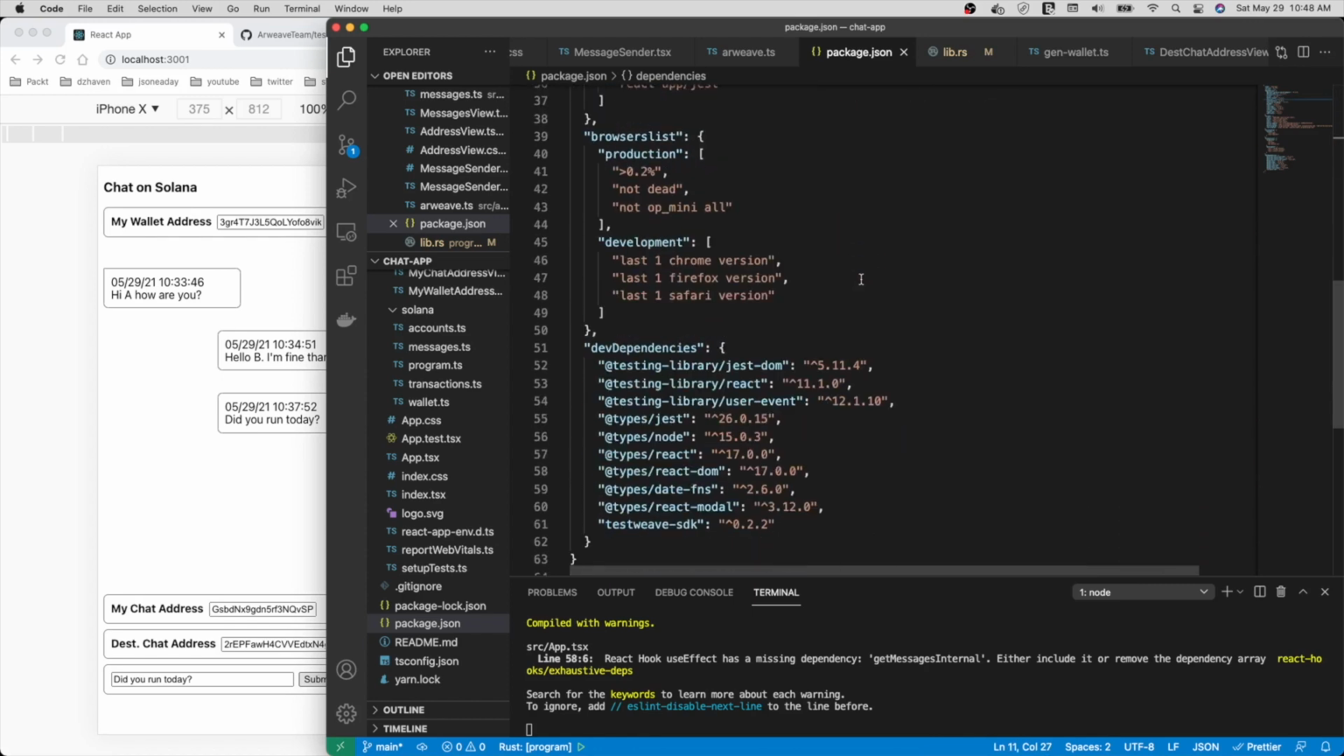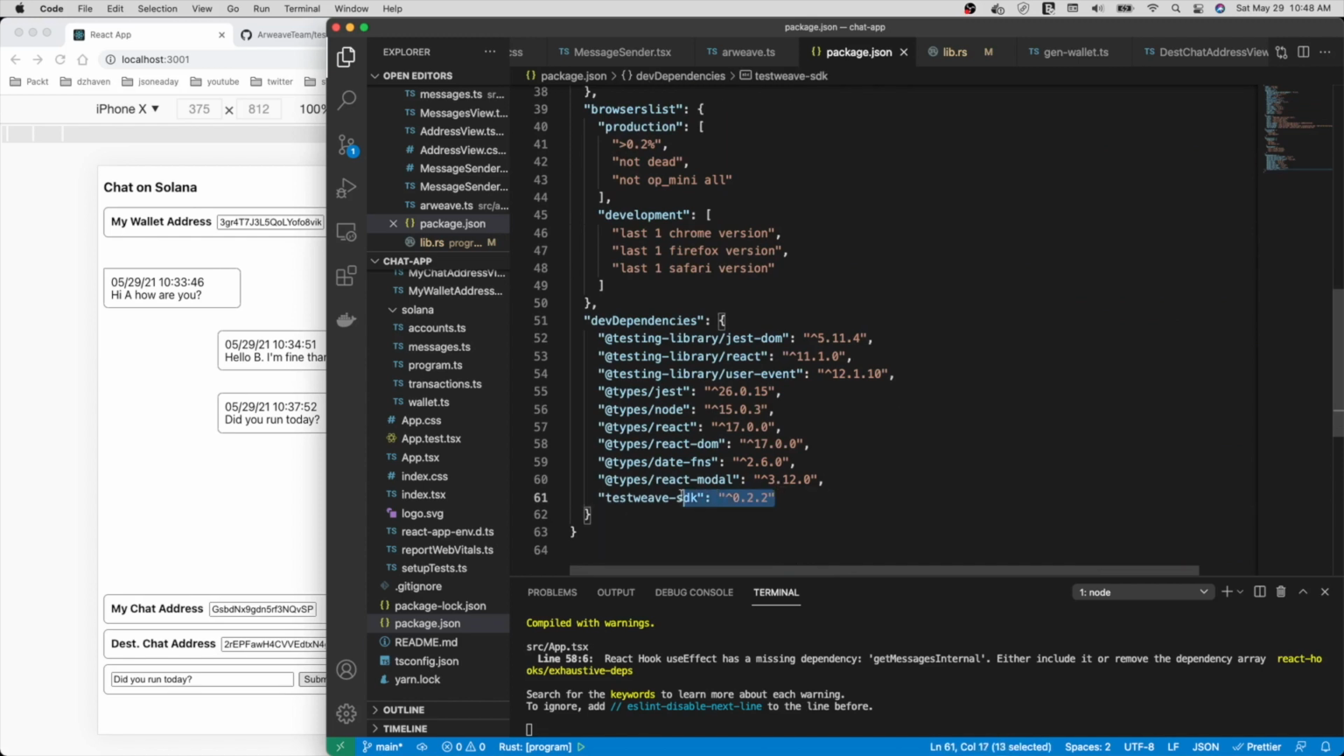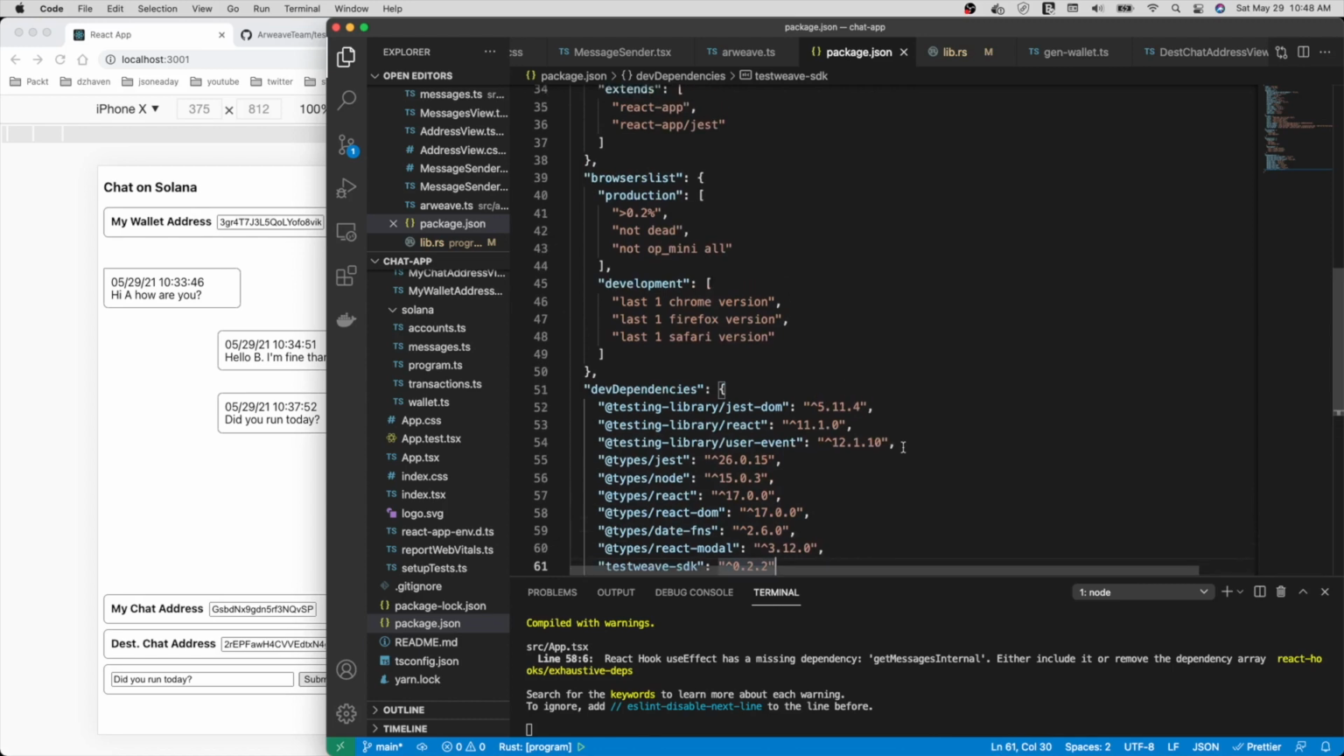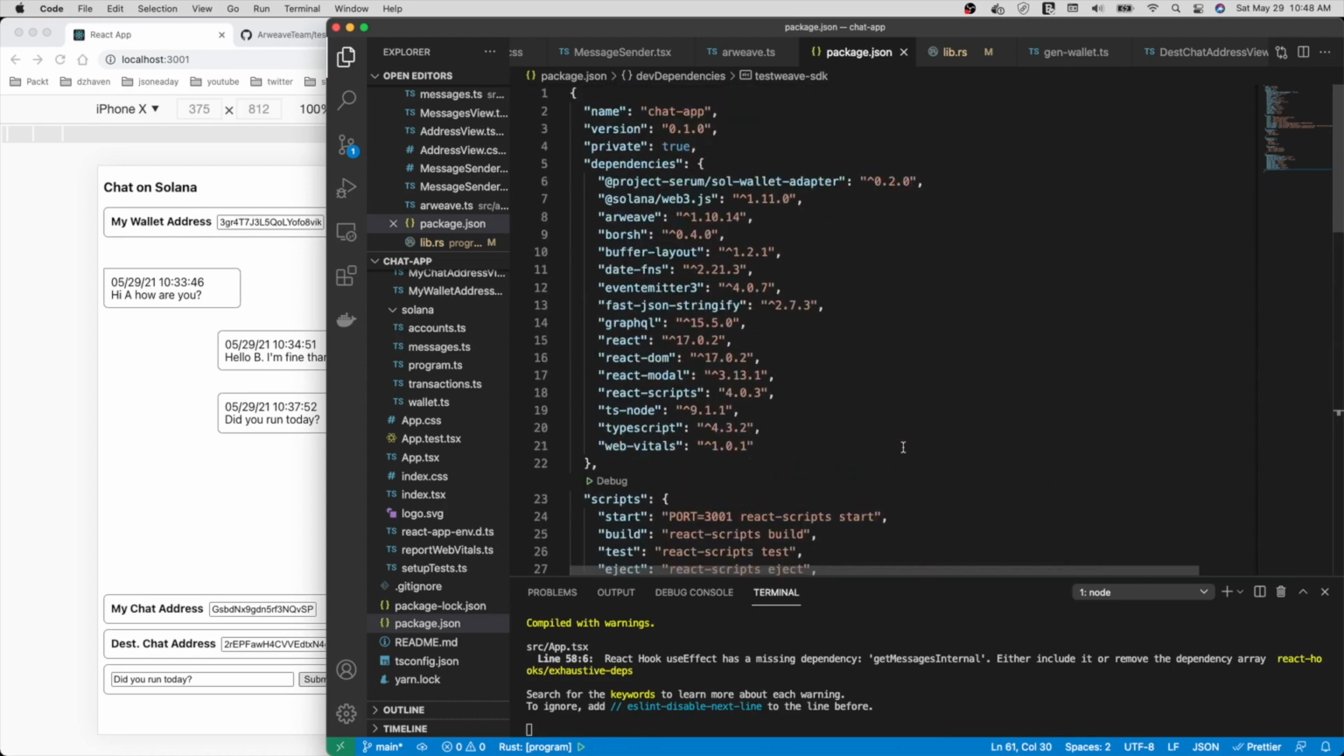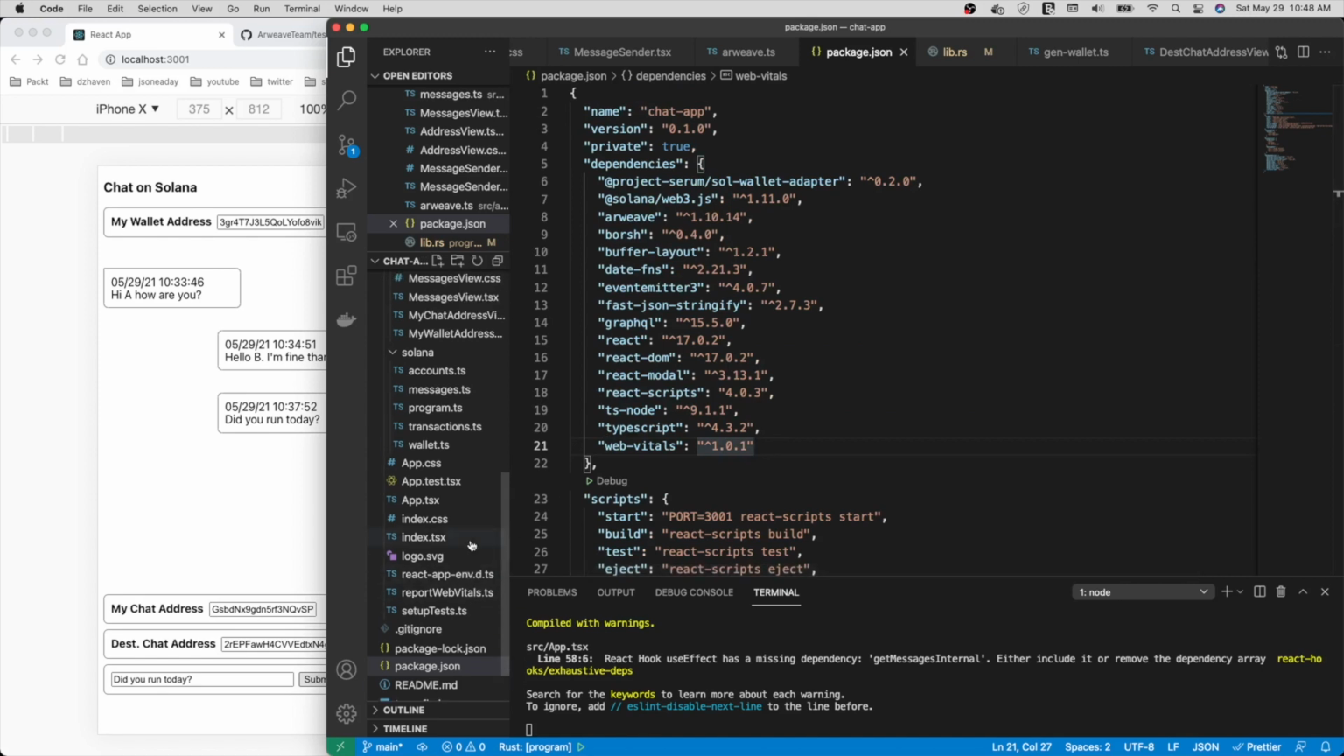And we're also adding the test Arweave SDK. The Arweave project that I showed you will not install this, so you need to install this separately. So make sure you're having all of the dependencies that you see here. And then